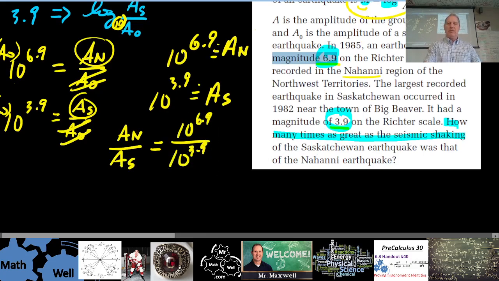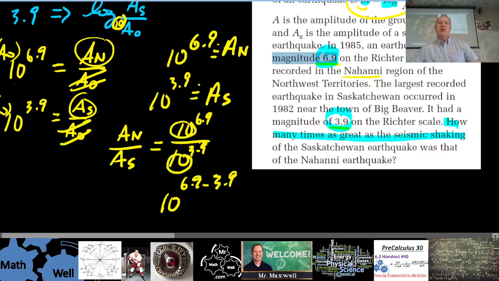When you simplify this, this is 10 to the power of 6.9 minus 3.9. Do you guys know that log property? Or actually, it's not a log property, it's an exponential property. Remember, you have the same base, and you're dividing them, so you subtract the exponents, right? Remember that, grade 10? And so the answer to this is 10 to the power of 3,